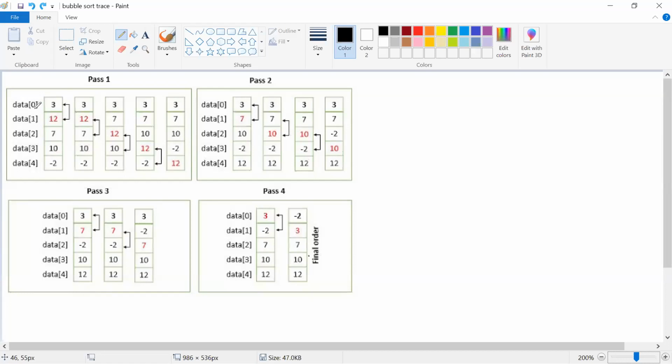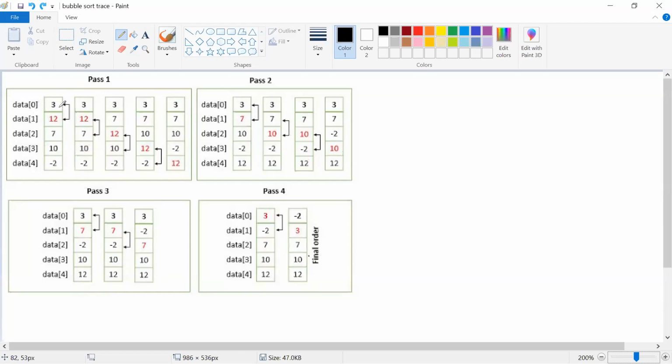See, we are going to do it in this particular pattern. Initially the numbers will be like this, and what we are supposed to do is compare the numbers like this. That is, here I will use data of 0 and data of 1. According to your program, it's a of 0 and a of 1. You have to compare the data of 0 and data of 1.